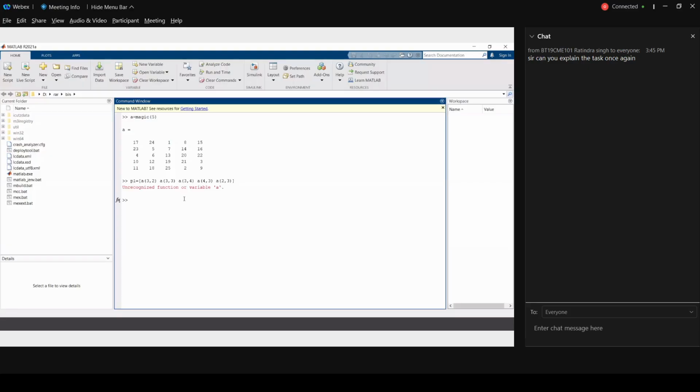See whether you are getting all these elements. No. Unrecognized function or variable A. A has not been created. Write down A is equal to magic of 5.